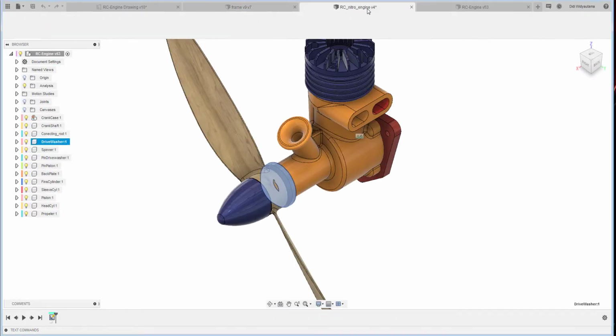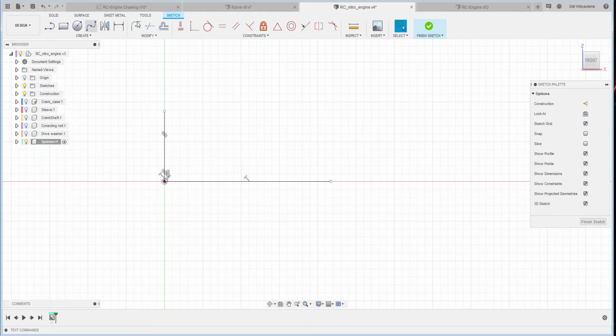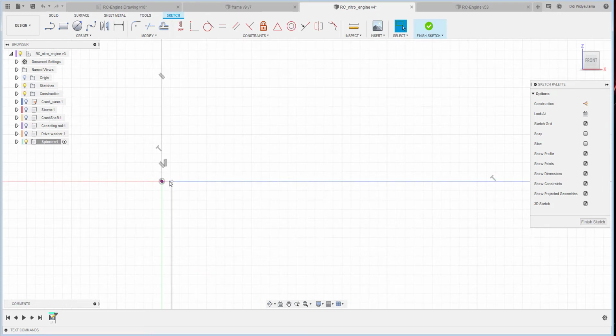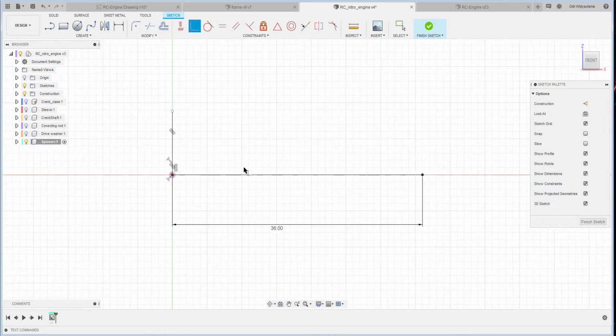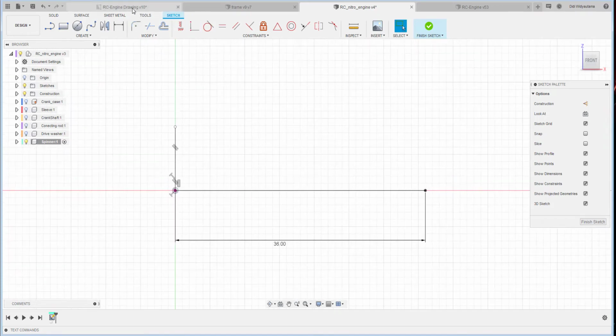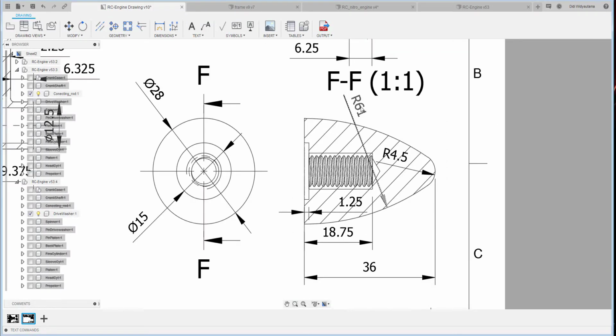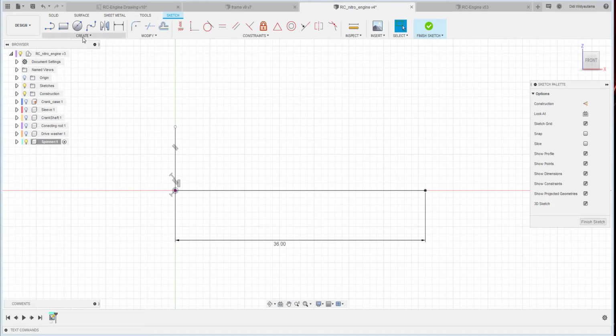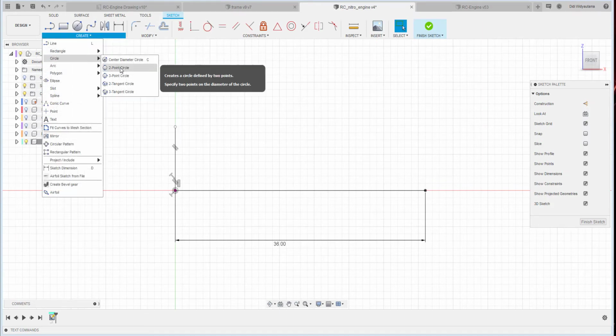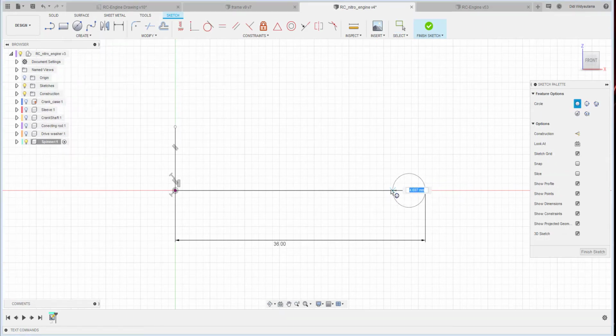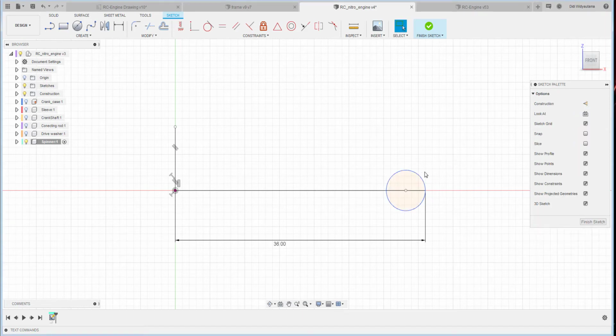Oh sorry, 36 here, 36. And then this one is 4.5, R for 4.5. So I create a circle with the 2 points, this one and this one,